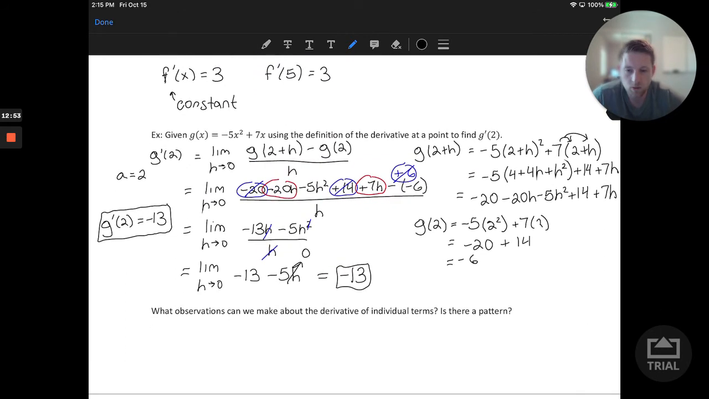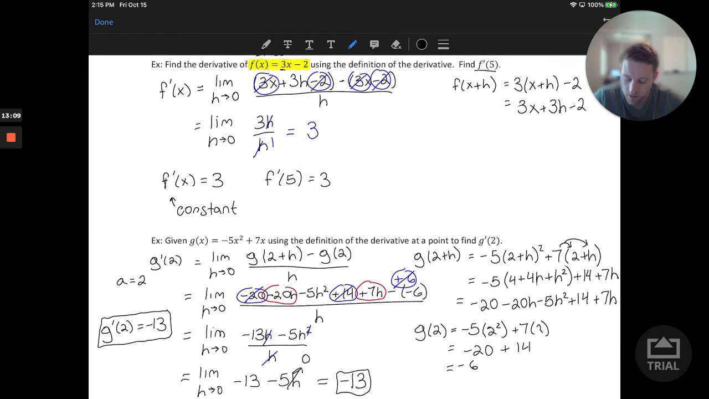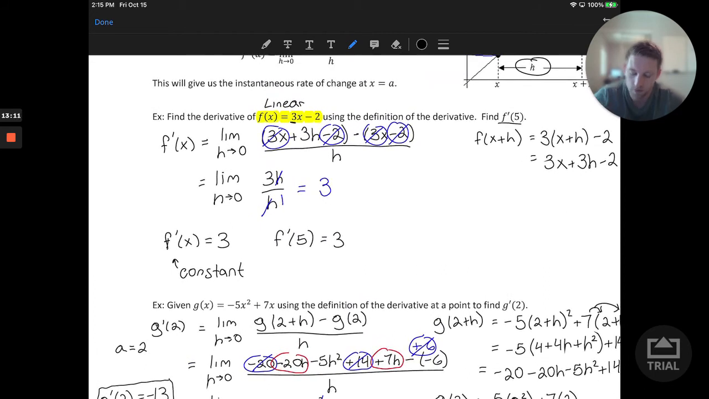So we might want to consider maybe a pattern that we could take from this. The second problem, since we're doing it at a point, we don't necessarily see the general derivative from that second example, but we can take a little pattern from our first one. Notice that we go from a linear function to a constant function when we take its derivative. So whenever we have linear functions, their derivative is always going to be the same as the slope of that